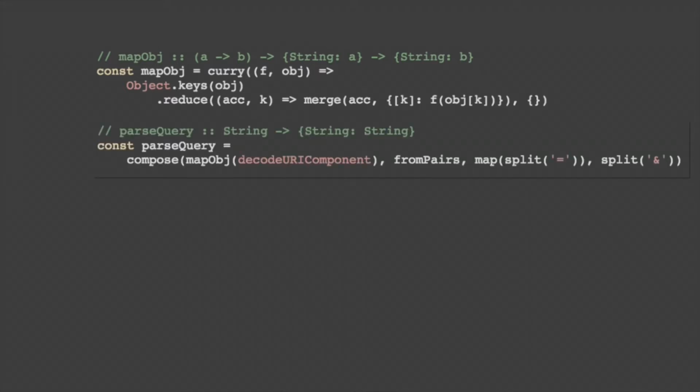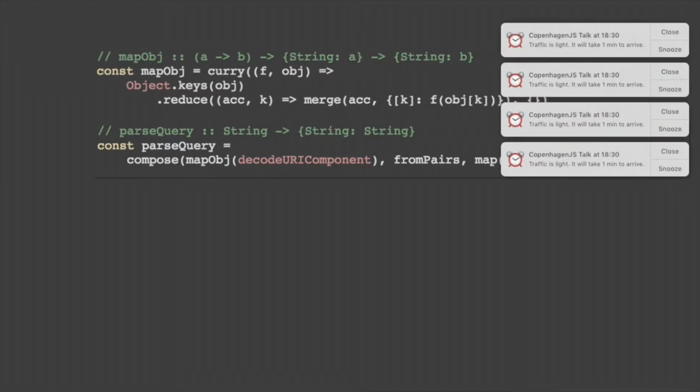So now we can fix the glaring bug that everyone here saw. Of course, you didn't decode your URI component, and I knew you were about to say it, that's fine. No, I forget this every single time I do this. Eventually somewhere down the line, someone goes, yeah, I actually encoded the URL as you're supposed to, but you didn't decode it, and now we have a bug. But in this case, we can really simply do that for each value. Now that we have the object, now that we have the key value pairs, we can just map that over decode URI component, and our parse query function is actually complete. It's still one line, it's a little bit of a longer line, but it's less than the 80 character standard. Oh God.